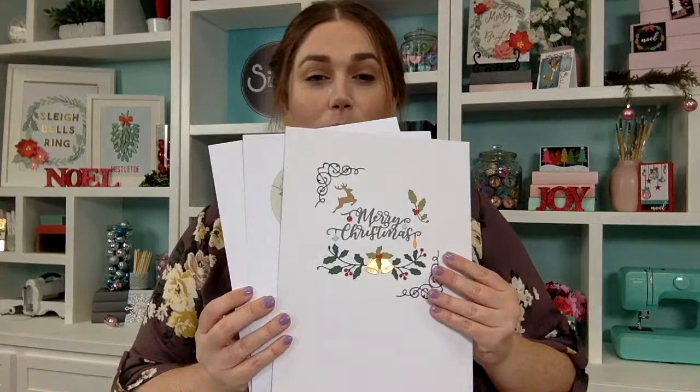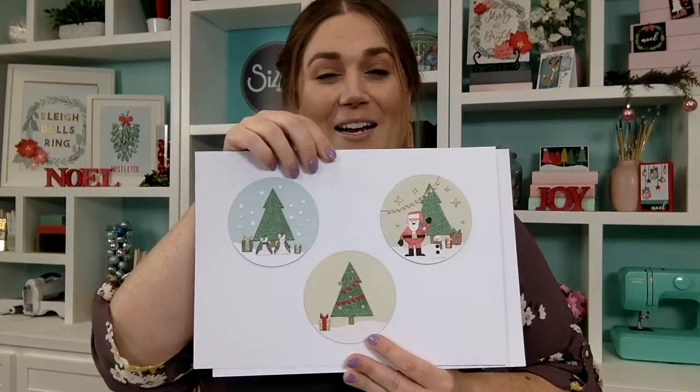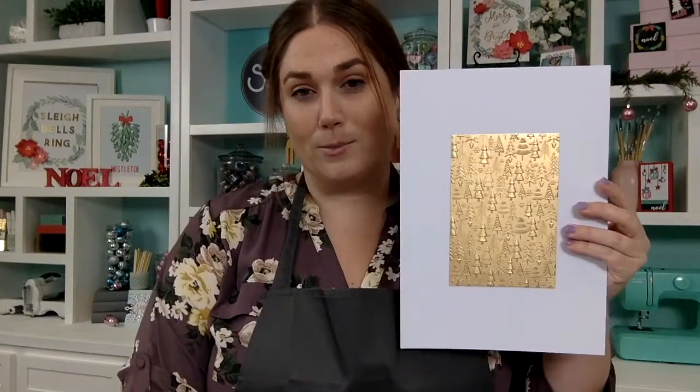Okay, so that is my project for you. I hope you feel inspired to create your own little scenes. You don't necessarily just have to put them in the domes. You can also create dimensional scenes even just by creating your own fancy little cuts in paper and making your own little pop-up cards. Definitely check out these sets. So we got the festive elements, we got our snow domes again, and then my favorite, the Christmas tree pattern